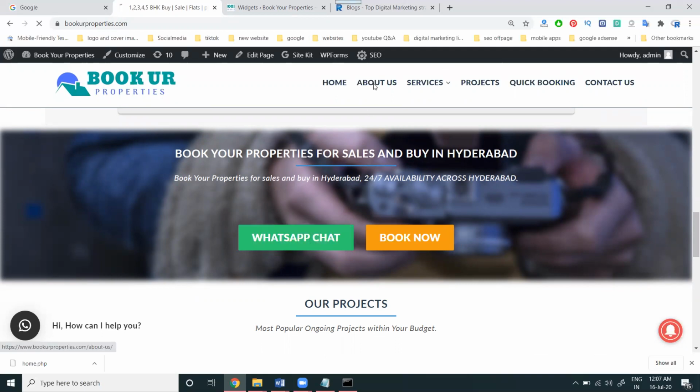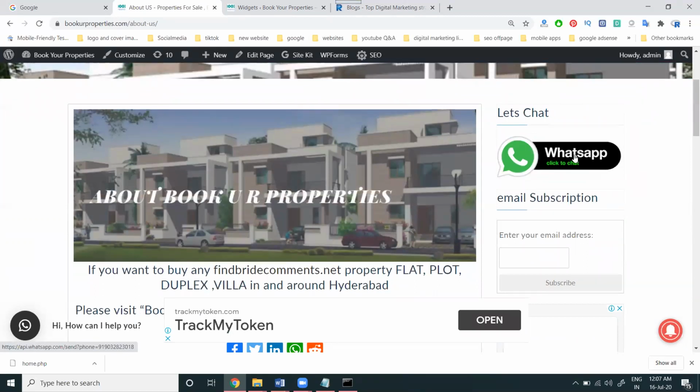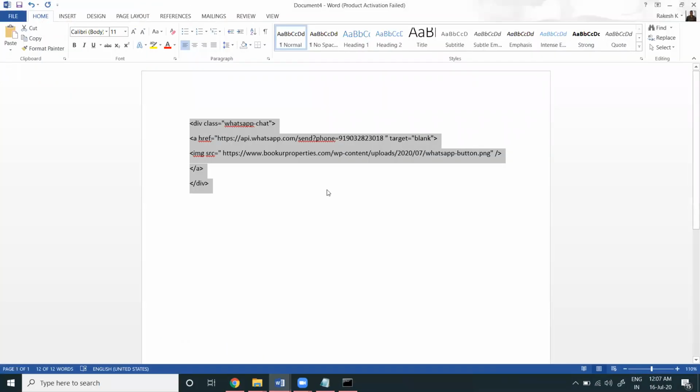On the home page or any page, this option will be given for each and every page. This is the code, if you want to write the code here. Only one thing: this is the image URL, and update your phone number here. Please write down the code here and